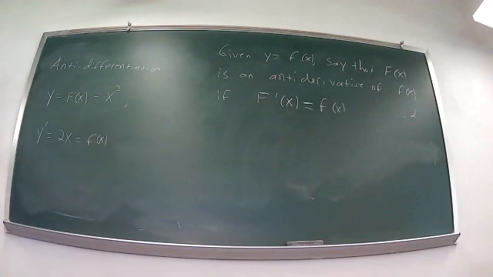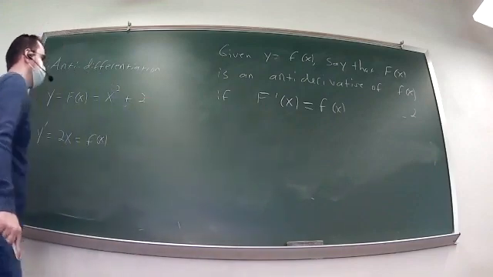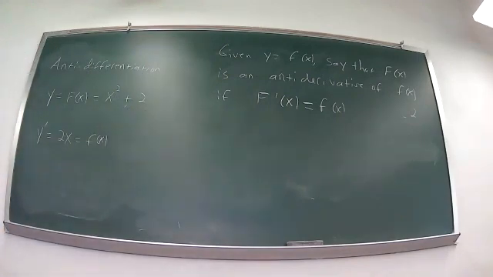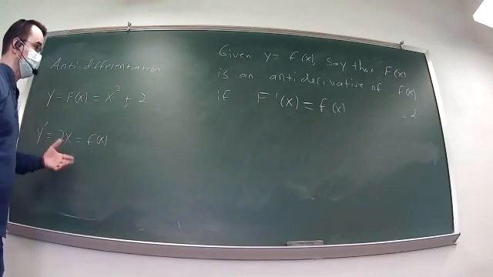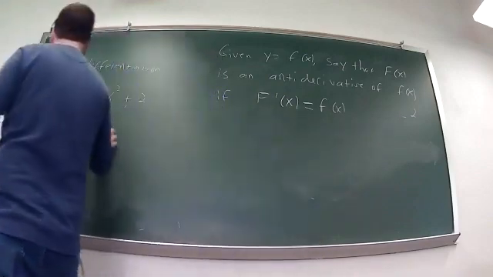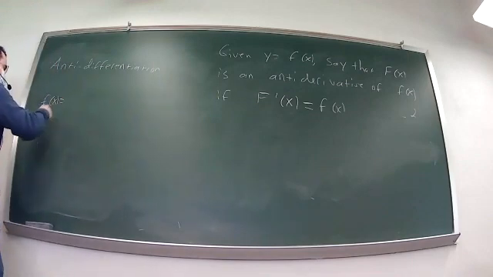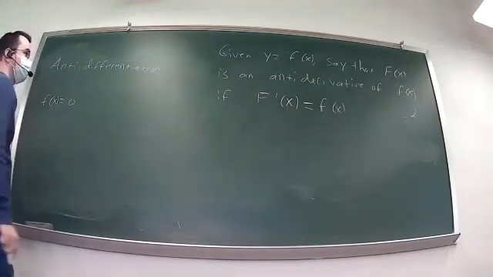But there are other antiderivatives of 2x as well. So if I had taken x squared plus 2, the derivative is still equal to 2x. In fact, shifting the antiderivative by a constant will not change the function of which it's an antiderivative, because when you take that derivative, it just goes to 0. There are other ones. So like if I take f of x equal to 0,